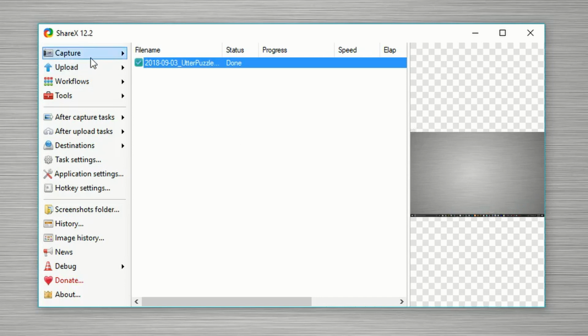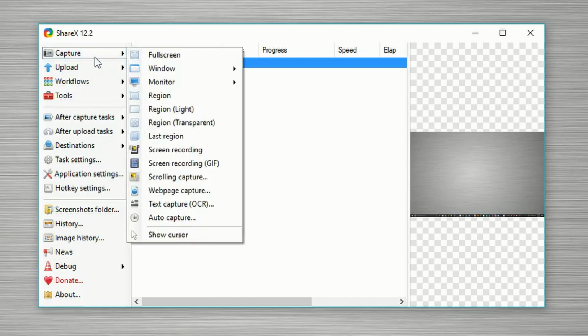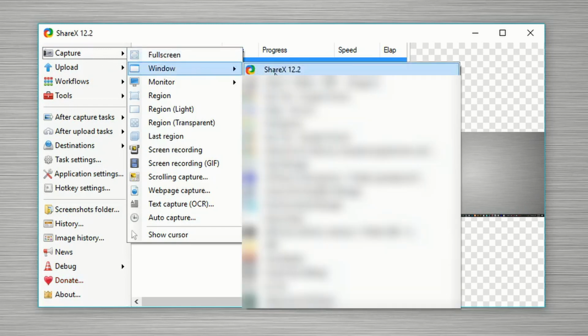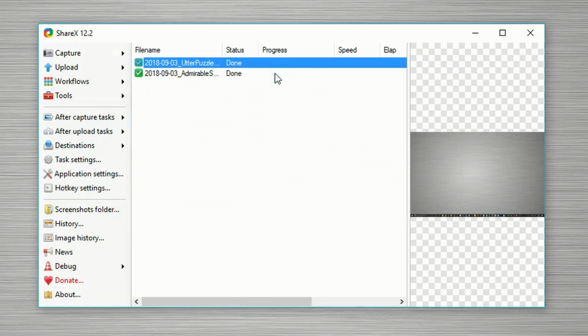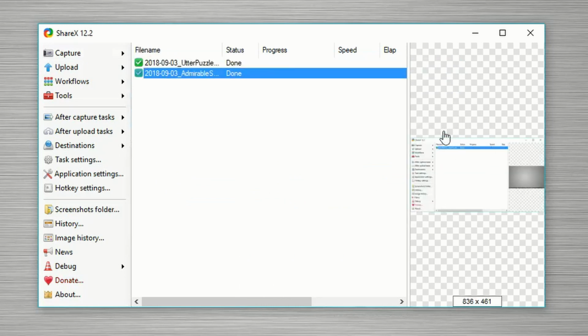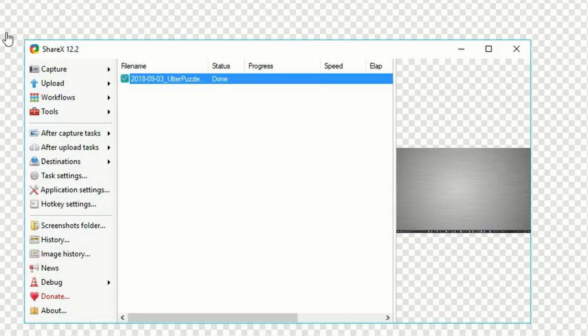right here. Now if you want to take a picture of a specific window, such as the ShareX we have open, we click that and then it will show us a picture of the program. Now if you want to see the program bigger, you can click on this and it will show you it